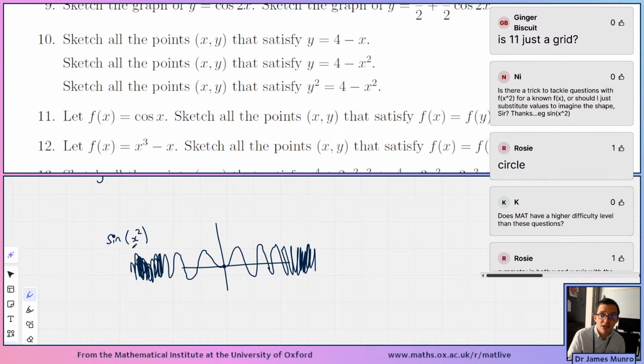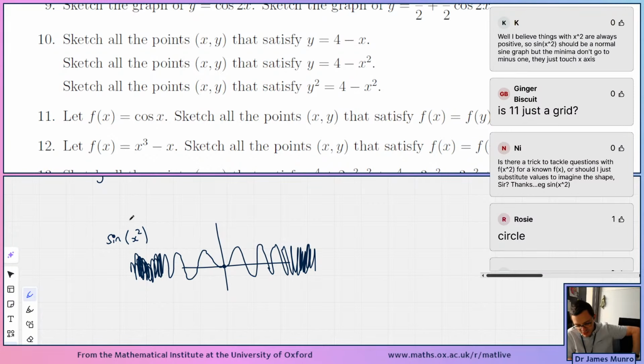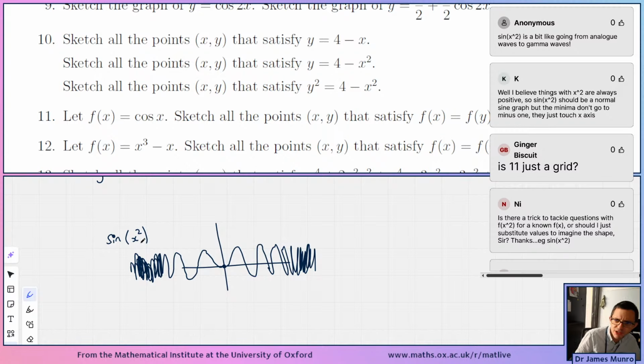Sort of faster and faster because the input numbers are changing faster and faster compared to if we just went for sine of x, where sine of x would just see the numbers x getting larger, sure, but at a steady rate, whereas x squared, my goodness, that's going to be 1,000,000 in no time. And by the time we get to sine of 1,000,000, something I find it helpful here is to think of